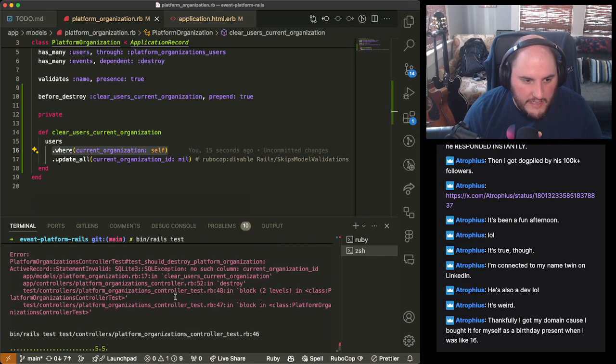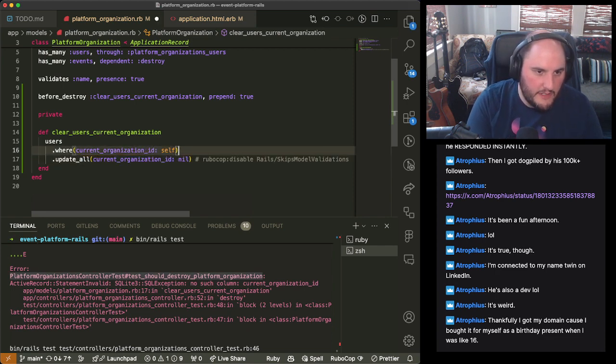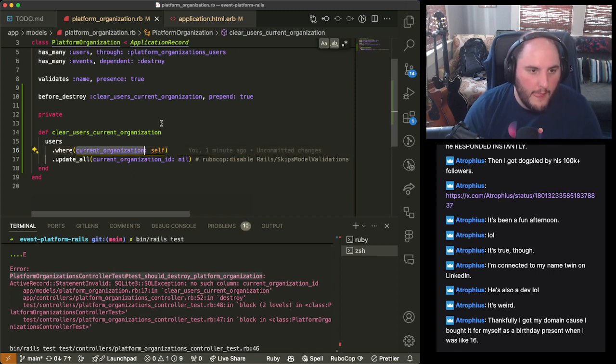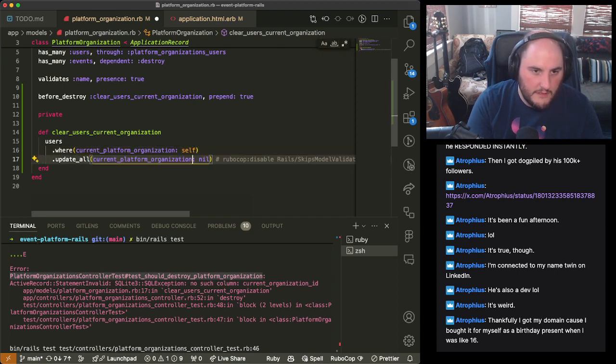In theory, this should have been fine, but it's still upset because this destroy didn't work on line 17. And it's because maybe it was current, oh, you know why? It's not current organization. It's current platform organization ID.